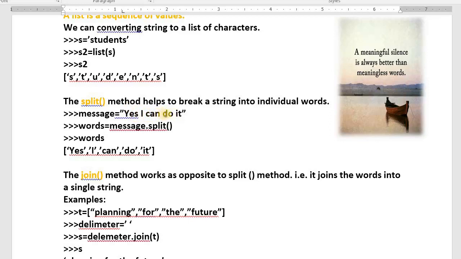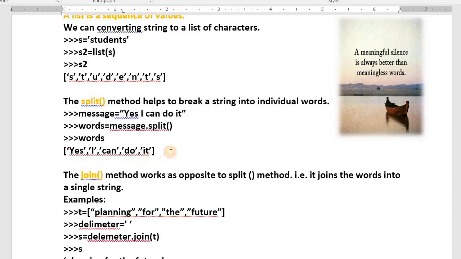How shall I separate? Split. How to split? message.split(). Take it into words. Now words has become a list. Understood? The split method helps to break a string into individual words. This message has been broken into words. Words is now a list. Print it.